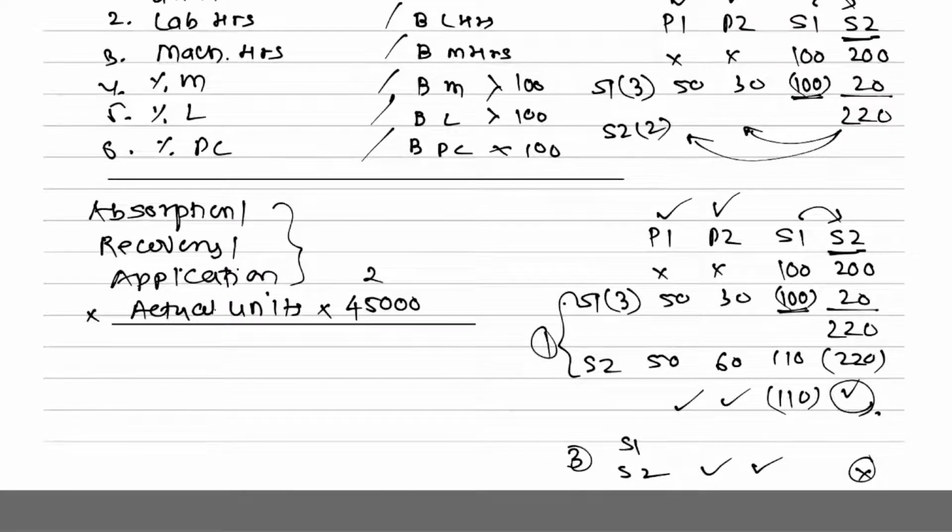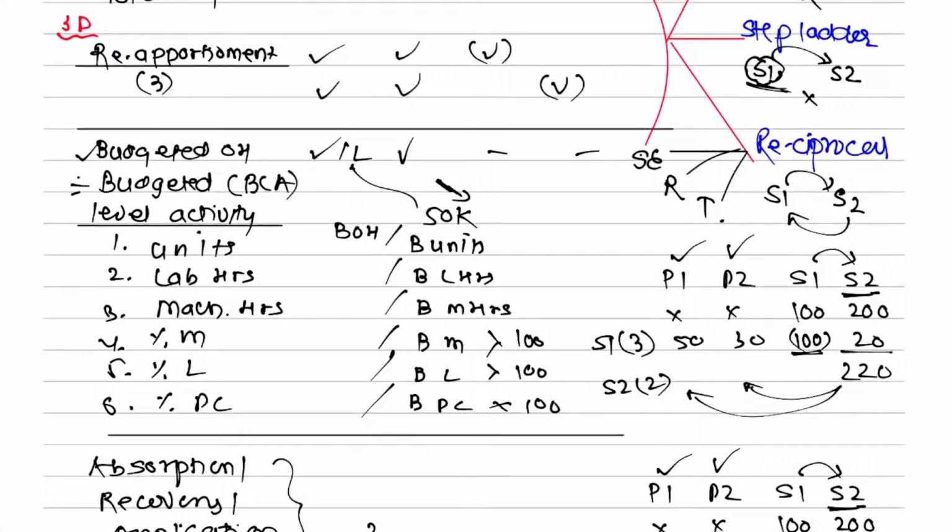What is the overhead that you have recovered? 45,000 into 2, how much? This 90,000 is known as what? Absorbed overhead. Right? This absorbed overhead will be compared with which overhead? Actual overhead. Okay. If nothing is given in the question, whatever expense you have budgeted, you have incurred the same